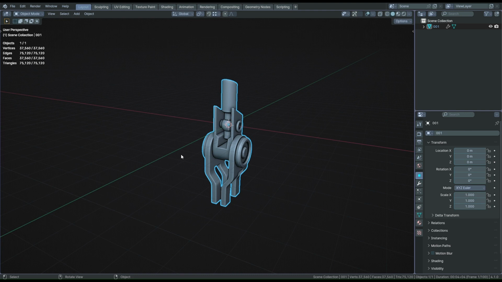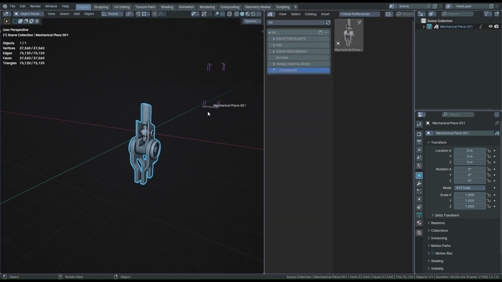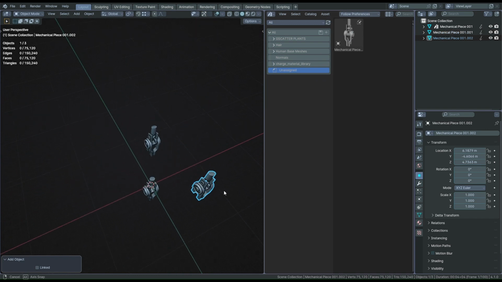The final tool I think you should know about is the Asset Browser. If we rename this object to something like Mechanical Piece 1, and then mark it as an asset, we can open a new window, set it as the Asset Browser, go to the Unassigned section, and there you will find this object. You can use it in this project as many times as you want, dragging and dropping it from